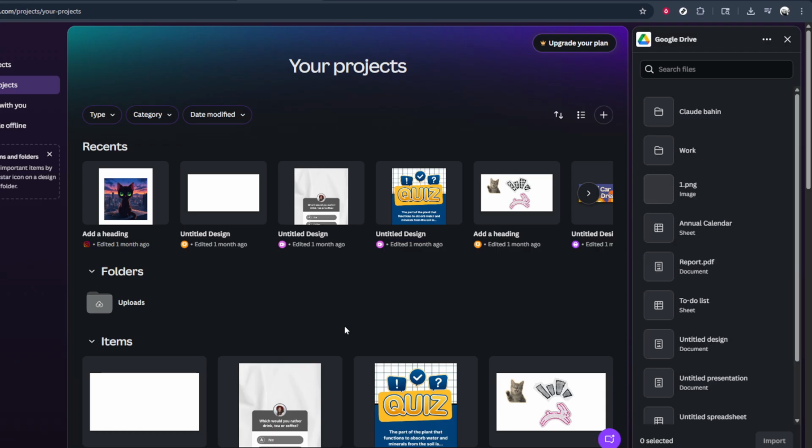Canva will start uploading the file into your project. Depending on the size of the file and your internet